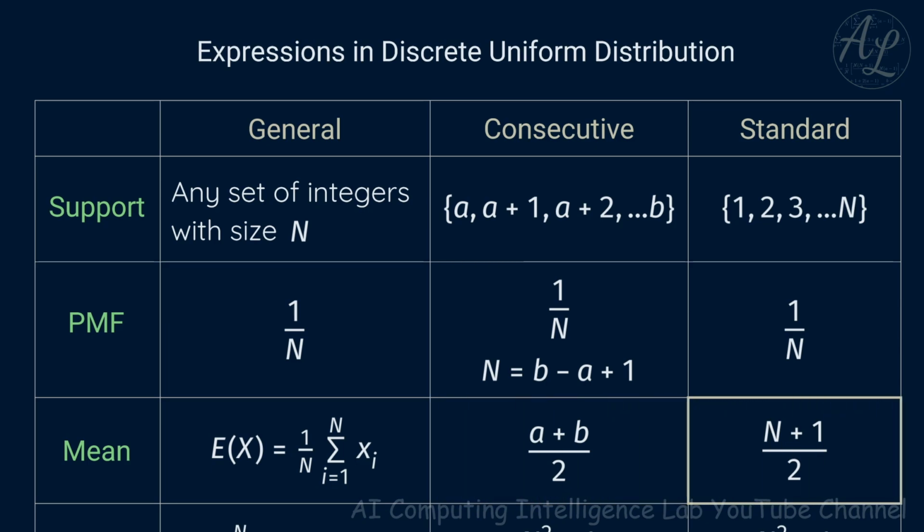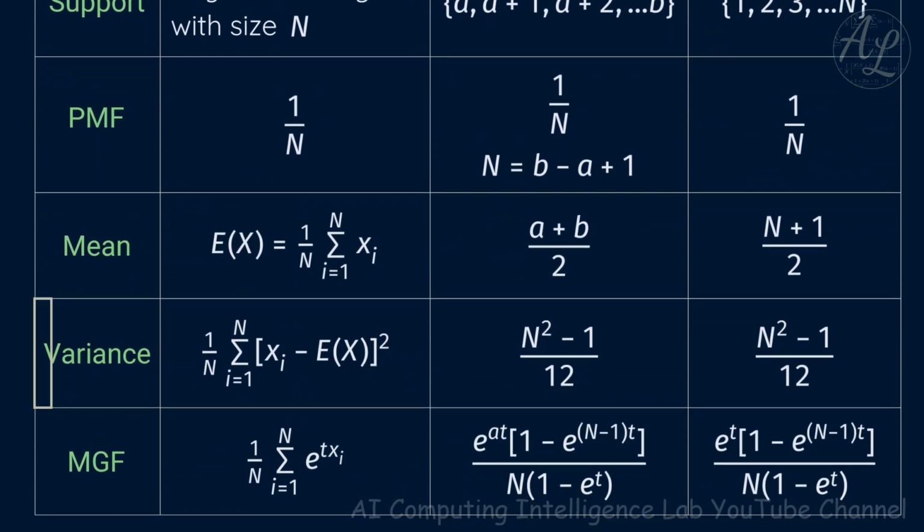Now for the standard case. In the standard case, the values start from 1 and end in n. So the a in the consecutive case is 1 in the standard case, and the b in the consecutive case is n in the standard case. In the standard case, by knowing only the number of values, n, we can determine its mean. Then for the variance,